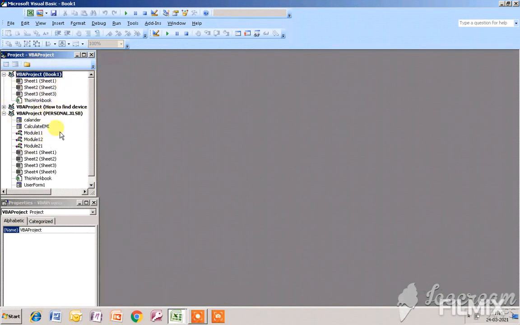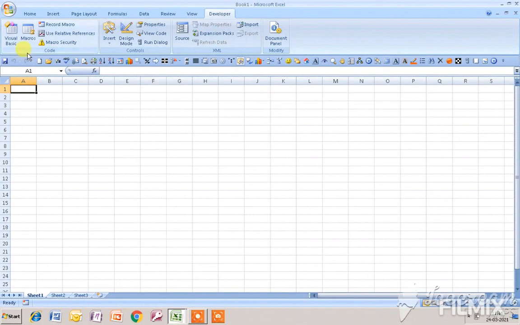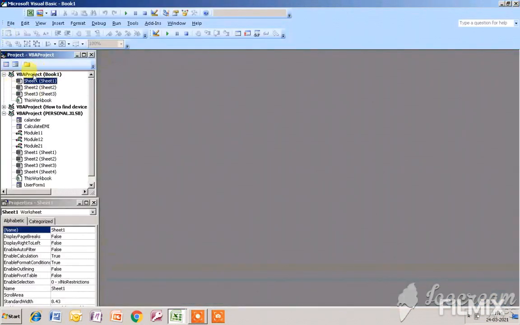And another one is, you will find VBA project Book2. Can you see any VBA project Book2 over here? You are not seeing any VBA project Book2. But as soon as I start the macro, you will find the Module1 and another is VBA project Book2. Okay, and the macro that you are going to record, you can see that macro under the module. You will find that macro under that module.